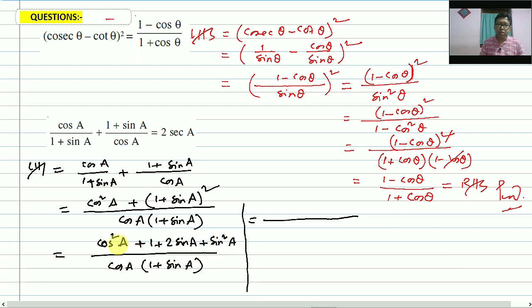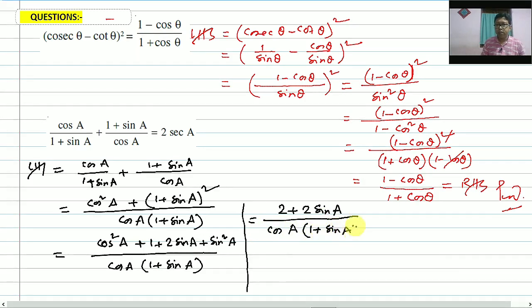Sine square A plus cos square A is equal to 1. 1 plus 1 is equal to 2. So write 2 plus 2 sine A whole divided by the denominator as usual, cos of A into 1 plus sine of A,